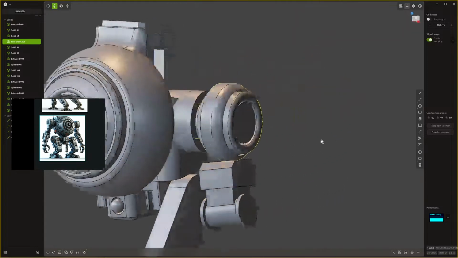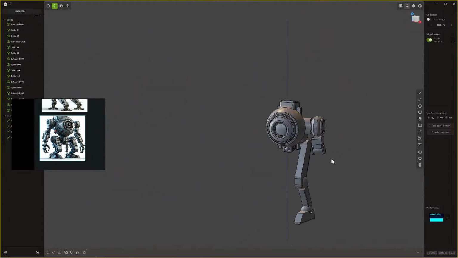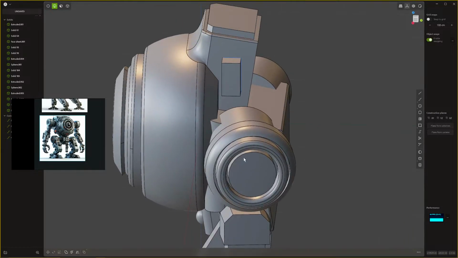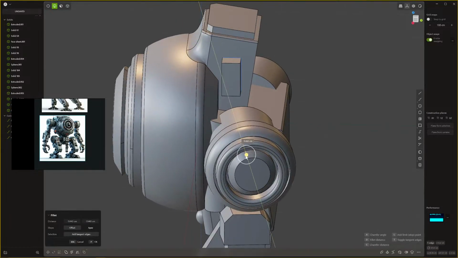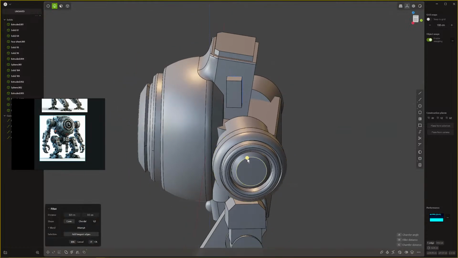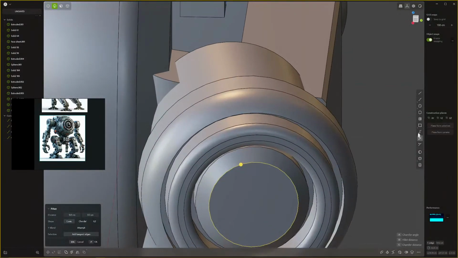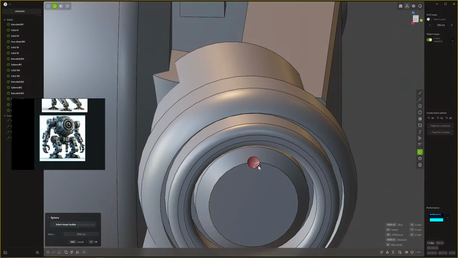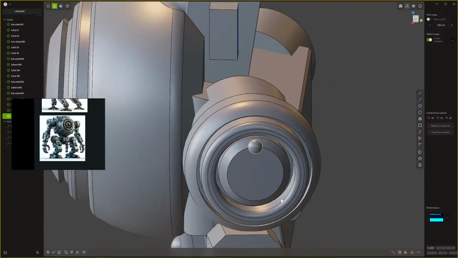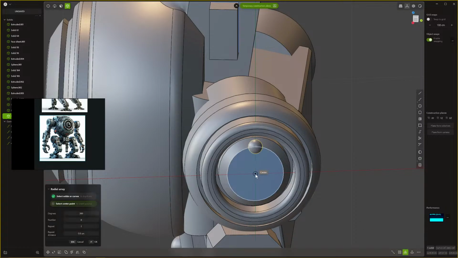Okay. So now I'm starting to get a little bit happier with what we've got going on. Actually, while we're at it, let's add some cool details here. So let's add a new body and give that, we'll make this a construction plane and we'll choose that again and we'll radial array from the center